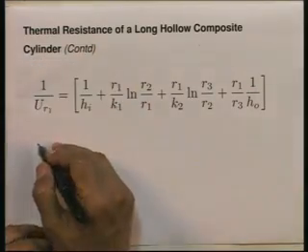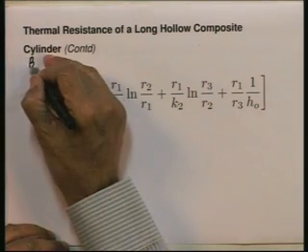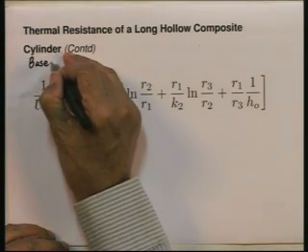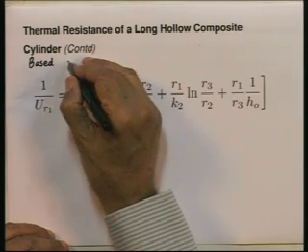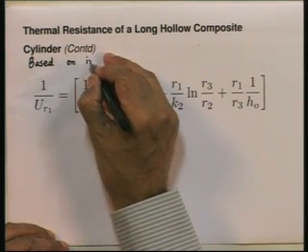What would be the area there? On R1 the area would be 2 pi R1 L. So, my U, the overall heat transfer coefficient then based on inner area,